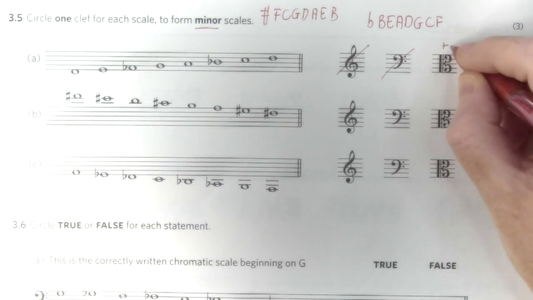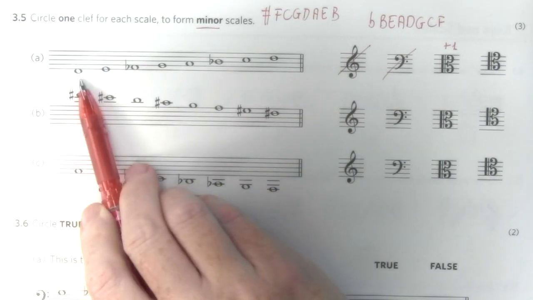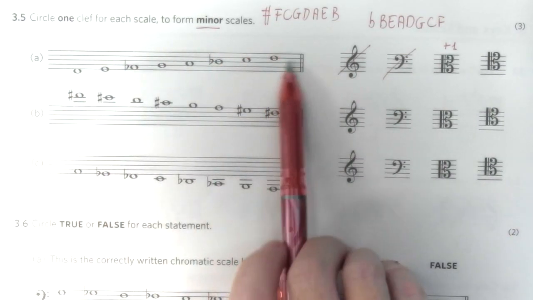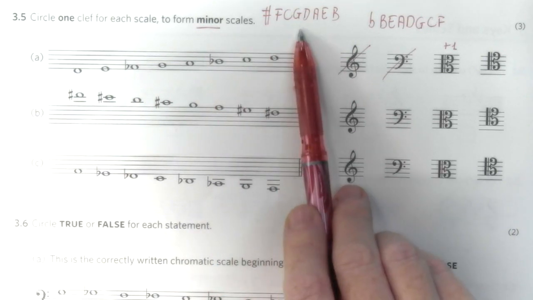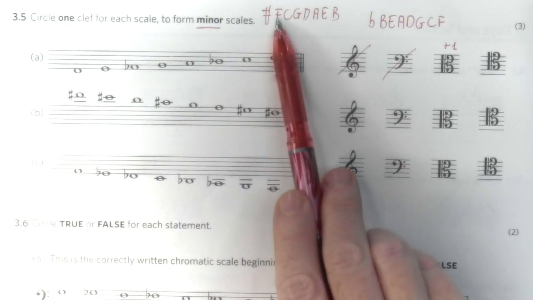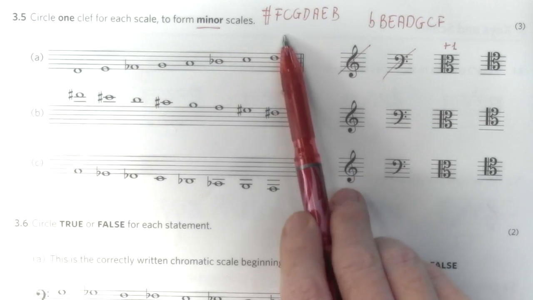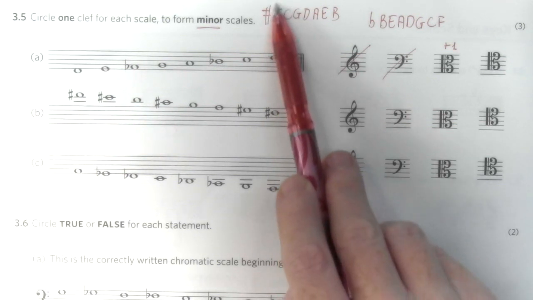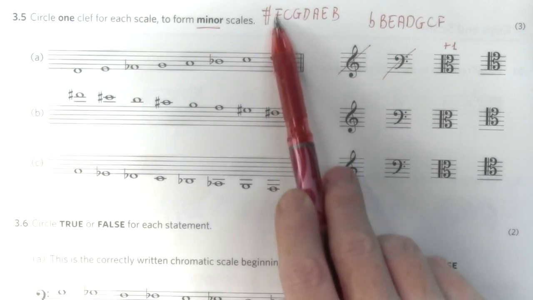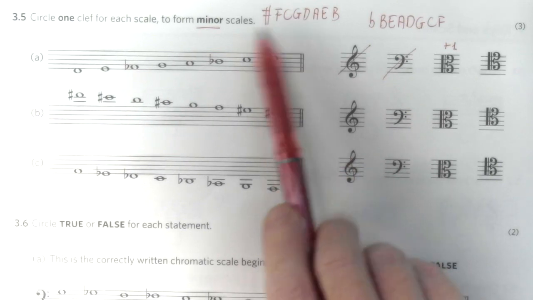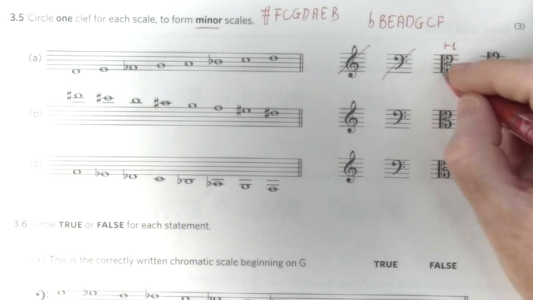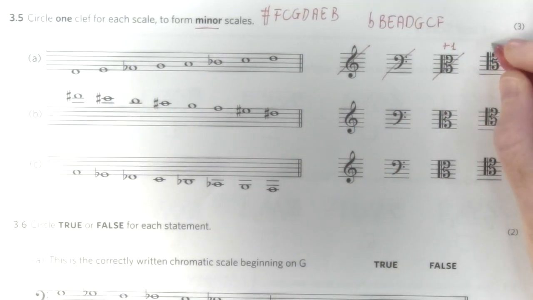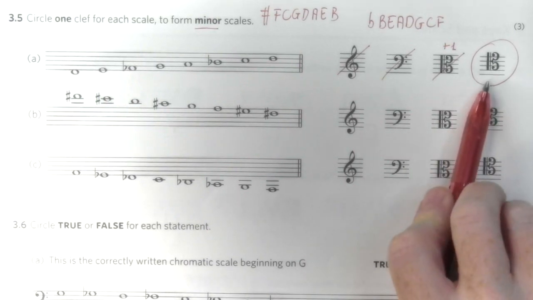The alto clef is treble clef plus 1, so this re would become an E, mi. Mi minor is the relative minor of G major, and G major has 1 sharp because G minus 1 semitone is F, and so F is the last sharp in our key signature. And it can't be because we have flats here. The tenor clef is the only one possible, so we can circle it, but let's identify which